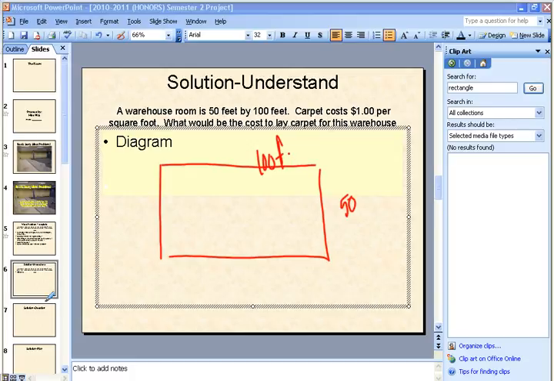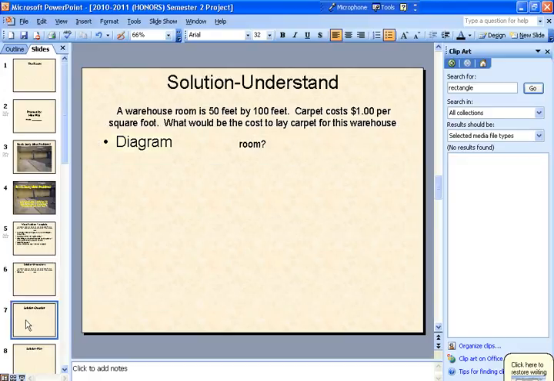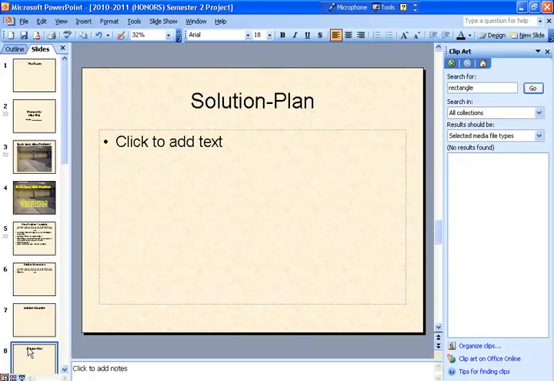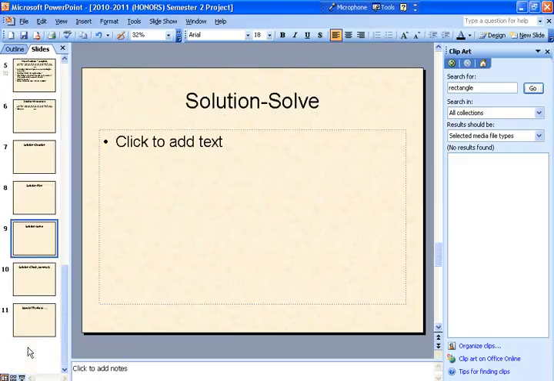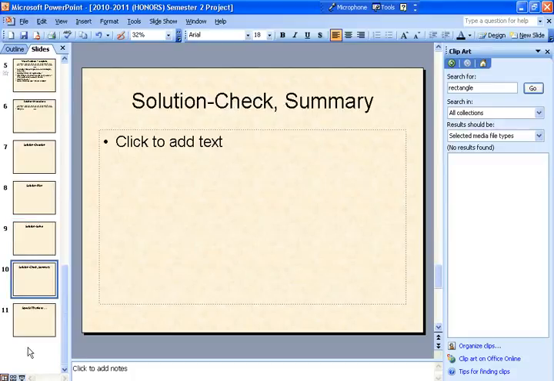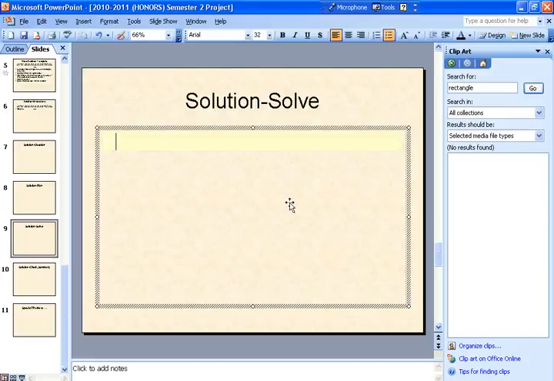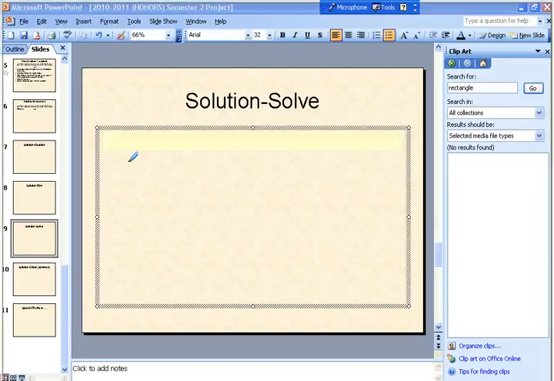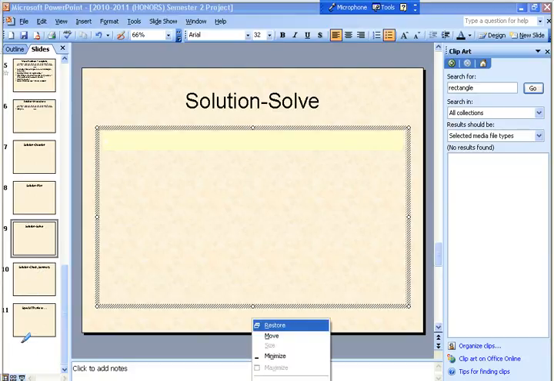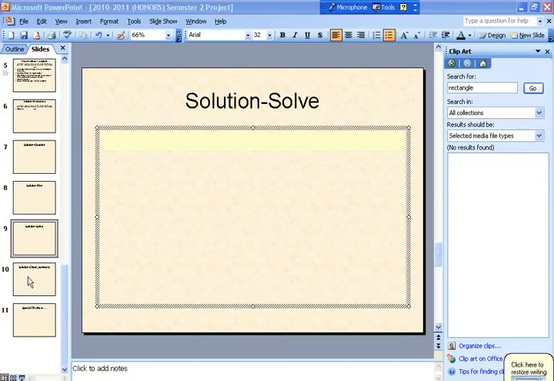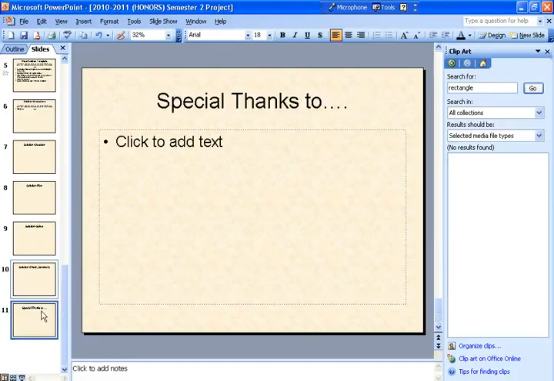And then you prompt people here to go on to what the question is, your plan, your prompts, and then I want the solution, the fill in the blanks, your solution and solve, check, and summary. So under your solve is you actually animate using animated text the solution to the problem. And then here under solve, you show your work, you summarize your results, and then special thanks to